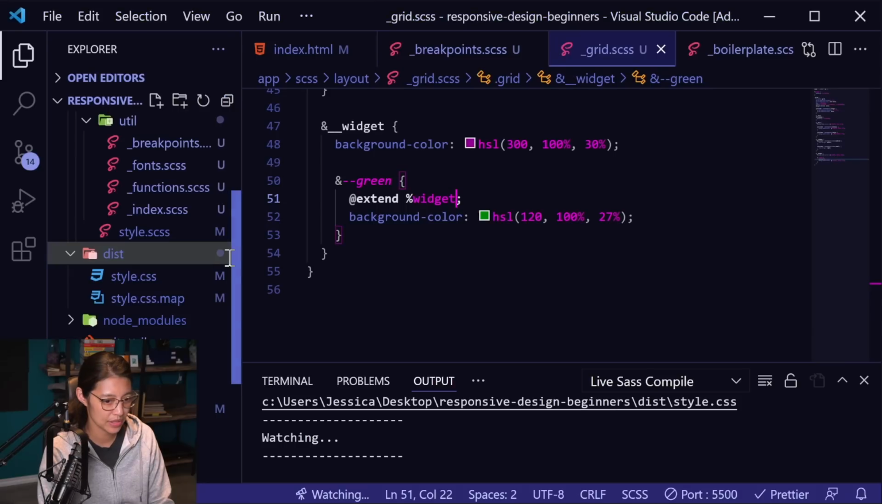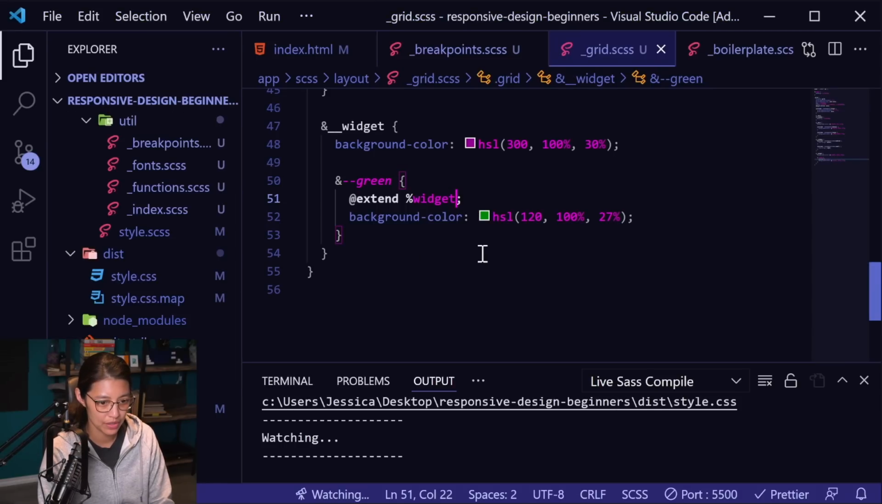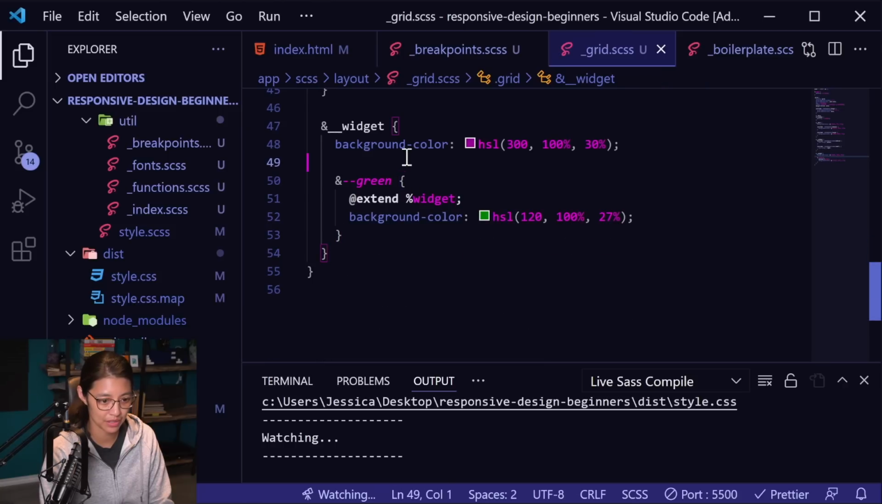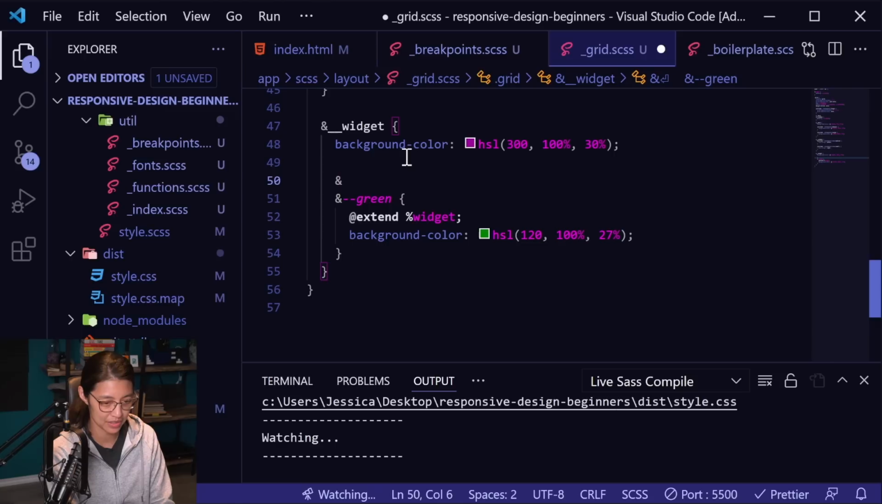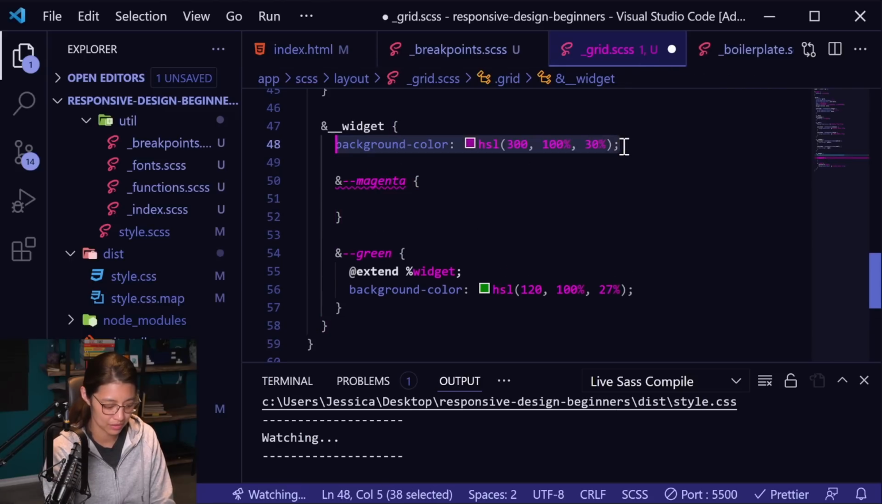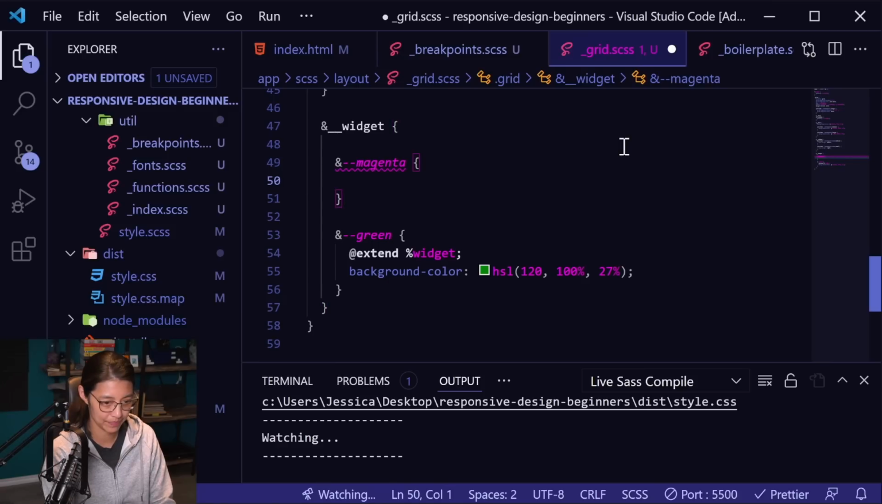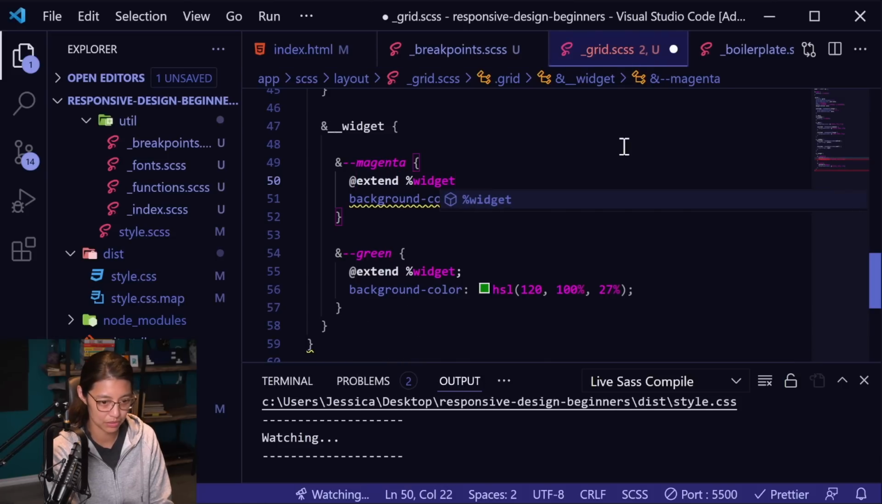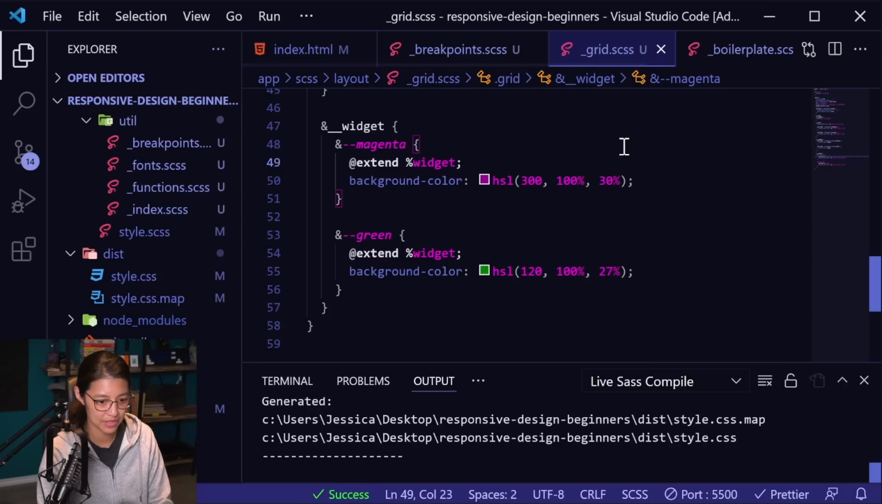So if this was kind of in the real world, what I might do would be to move the background color into another modifier. So I might create another modifier called ampersand -- magenta, and then move the background color property there. And it also would have to extend the widget placeholder. So when we save,